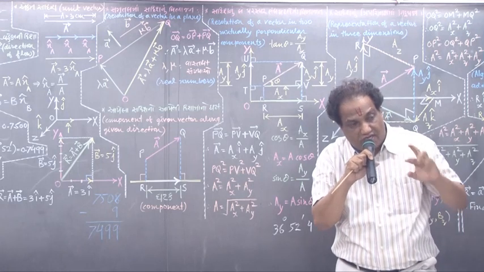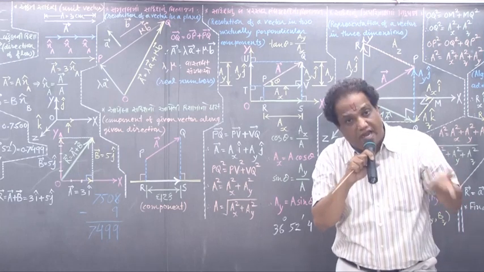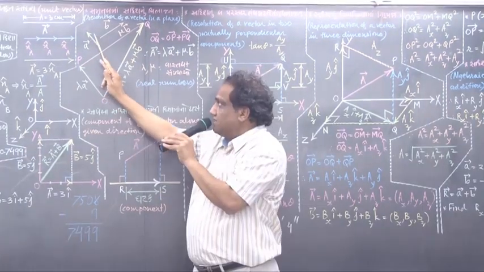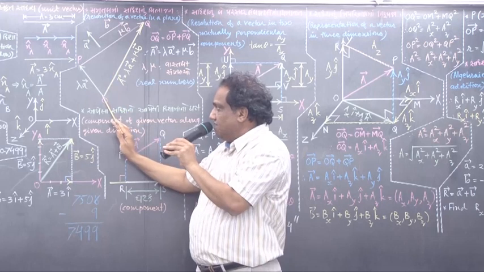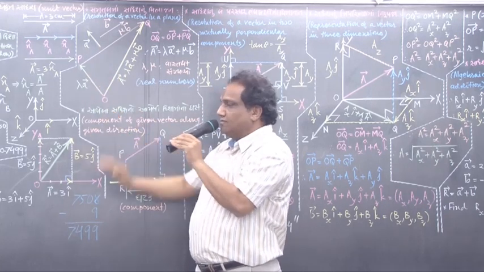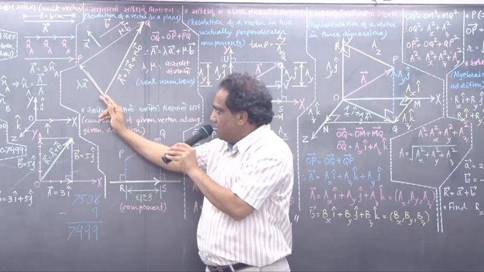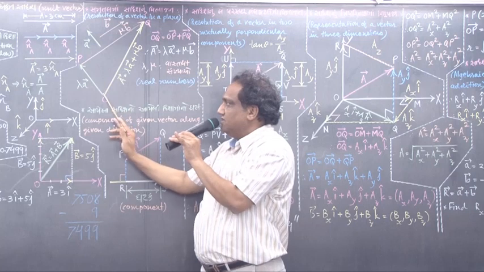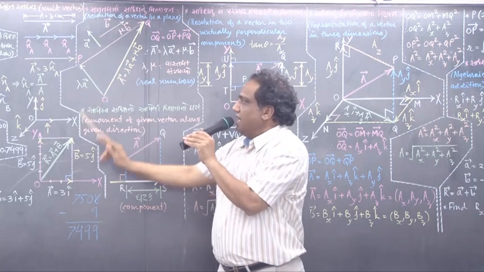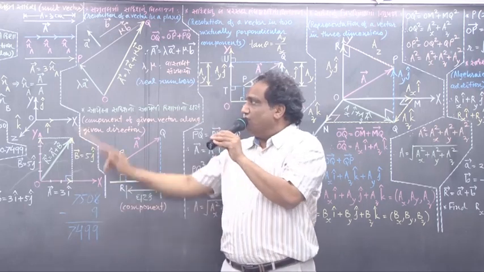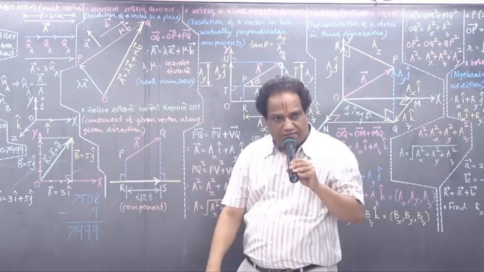Dividing a given vector into two such vectors, the addition of which... Here the vector is double in length as compared to this vector, in the same direction. Look here, parallel, shown with the green color so that you can identify it is in the same direction. And instead of 2, I may multiply by lambda, where lambda is a real number.